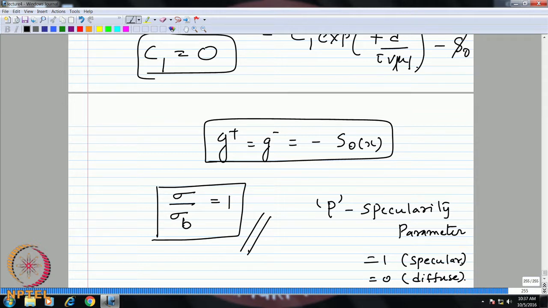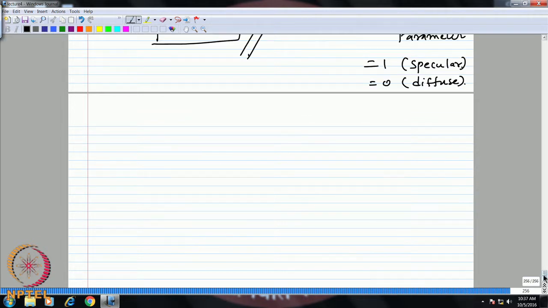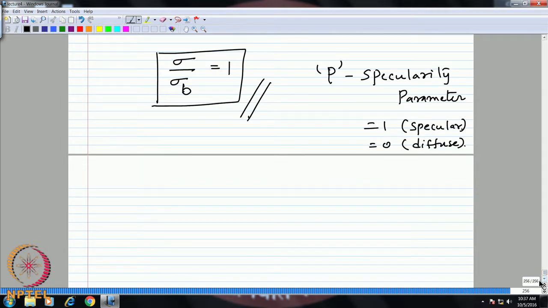Okay, and depending on whether you have a specular or diffuse parameters, we have independently got the expressions. Now, what happens when you have somewhere between 0 and 1? So, in that case, the expression turns out to be, including this specularity parameter also,